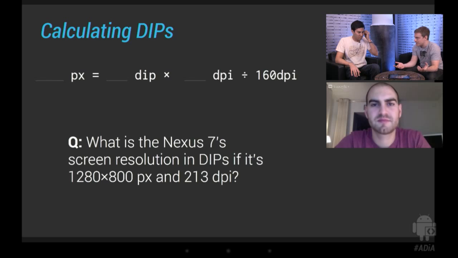It's actually the same as the Motorola Zoom's screen resolution, 1280 by 800, and very similar to the Galaxy Nexus and the Nexus 4's screen resolution, 1280 by 768, or 720. But its dip resolution is very different. So if you plug in these values, the fact that the Nexus 7 is 213 DPI and 1280 by 800,